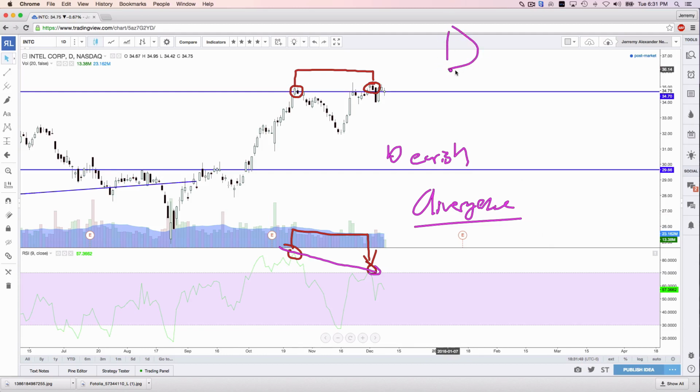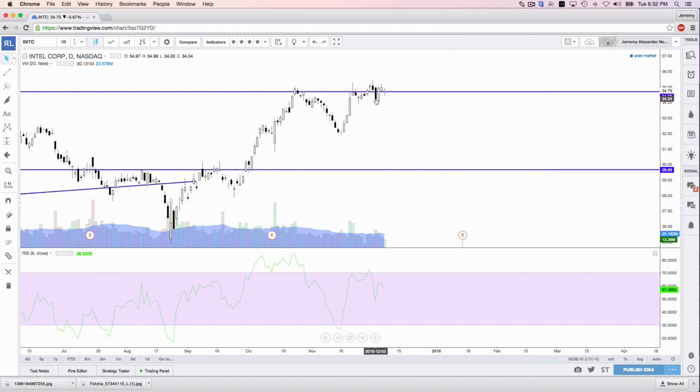Remember my number one favorite way to use RSI is momentum, or MOMO for short. If you have a divergence, momentum is very suspect. It's very questionable. So if momentum is questionable for me, that means I'm definitely going to be more patient on the trade. I'm definitely going to wait longer on the trade, and I'm probably not going to take anything anytime soon. So Intel,